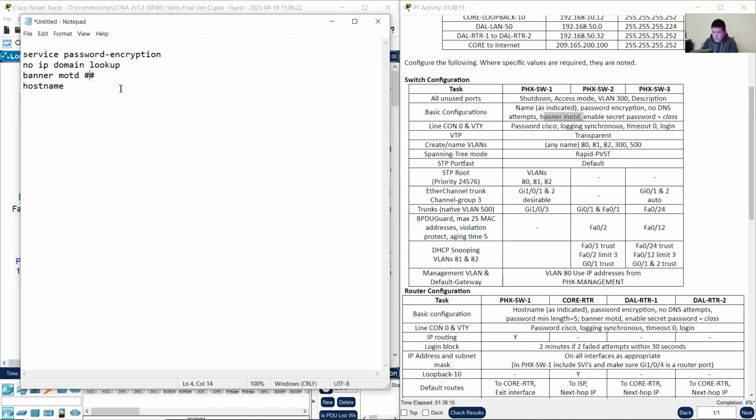Unauthorized access is prohibited. Use any text for the banner. I'm using this. Enable secret class. Okay, but don't forget